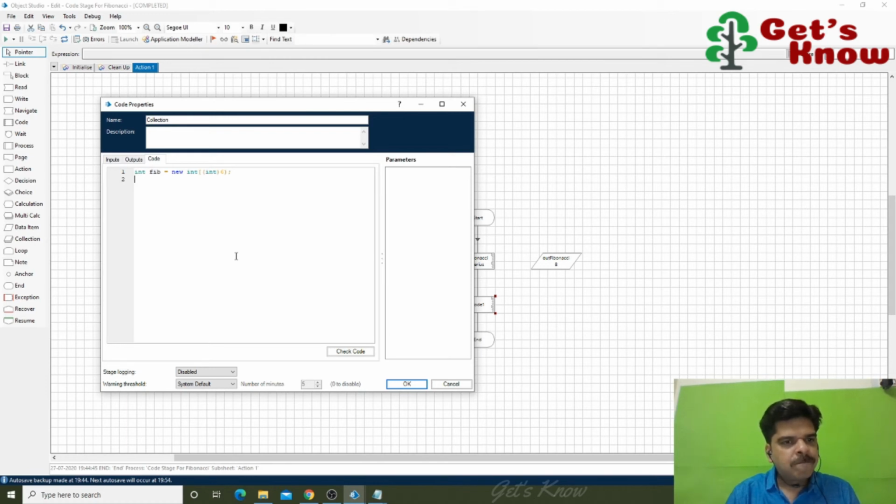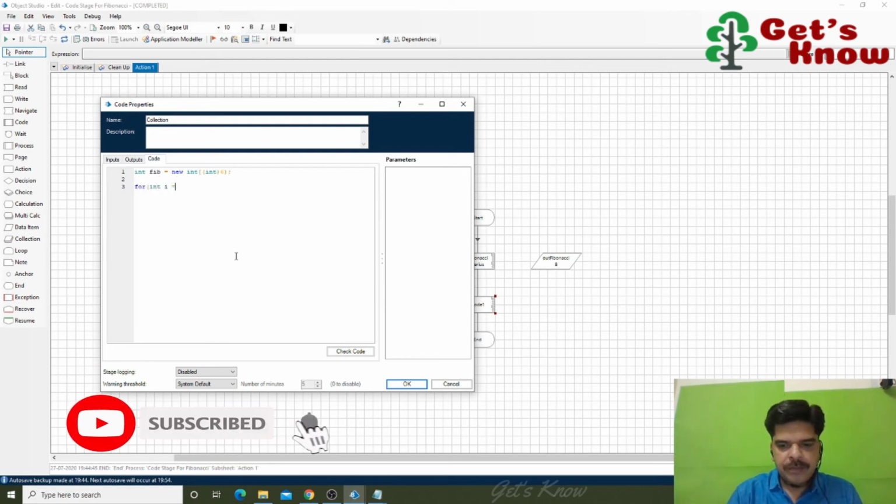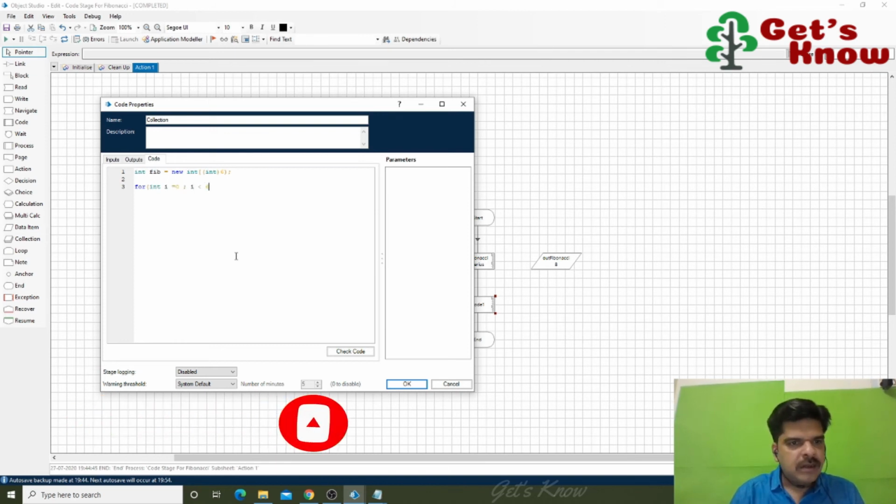Then I'm going to define that one loop logic. i equal to 0, i less than, what is our value, 6, and i plus plus.